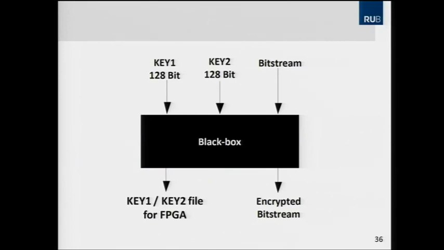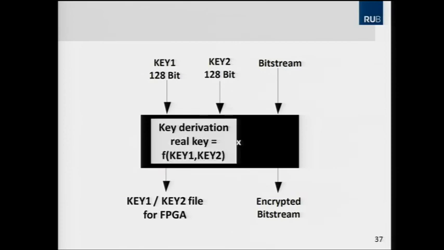So this do something actually does this. It takes 2 keys in this case and the unencrypted bit stream, and it outputs some files that also can be programmed into the FPGA with these keys and the encrypted bit stream. So we had to get back both parts of it. One thing is, why 2 keys? So the idea behind this is they have some key derivation in there. So the 2 keys are put in the software and on the FPGA on programming into some function which actually derives the real key that is used for